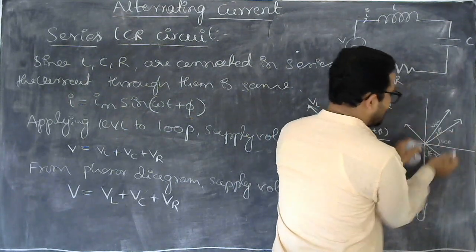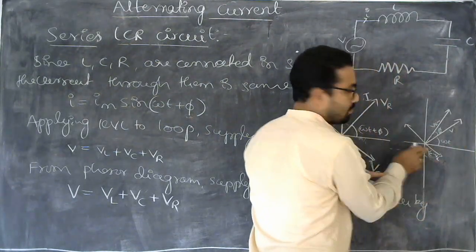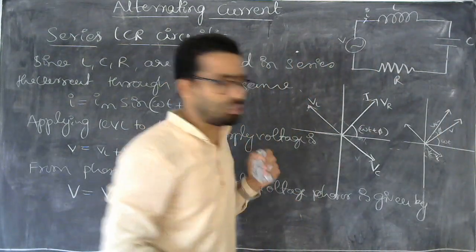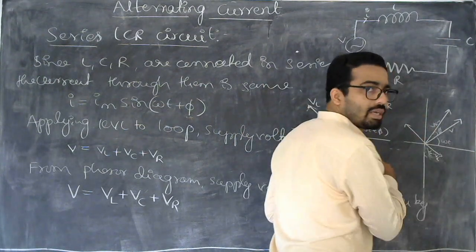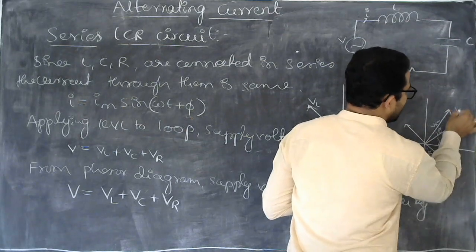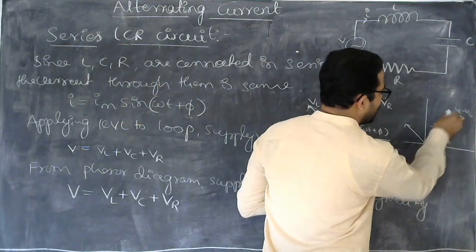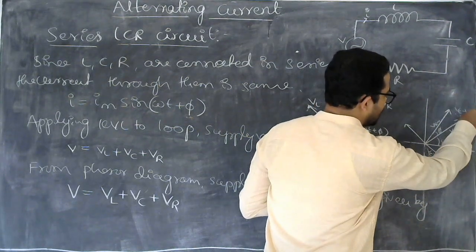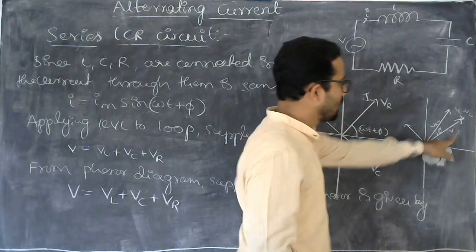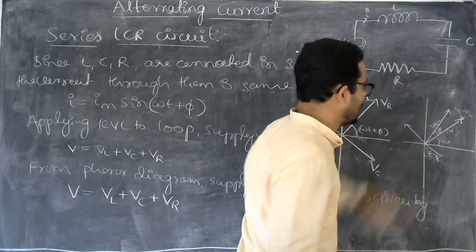Since we have three vectors, we can take this vector to this point, because the direction is like this. This is according to the triangle law of addition. I am applying the triangle law of addition. That is why here you can take VC minus VL. This is the direction of this vector, and the direction of this vector is like this. So their resultant is this one. That is why this is equal to the sum of these. This is what we can understand here.